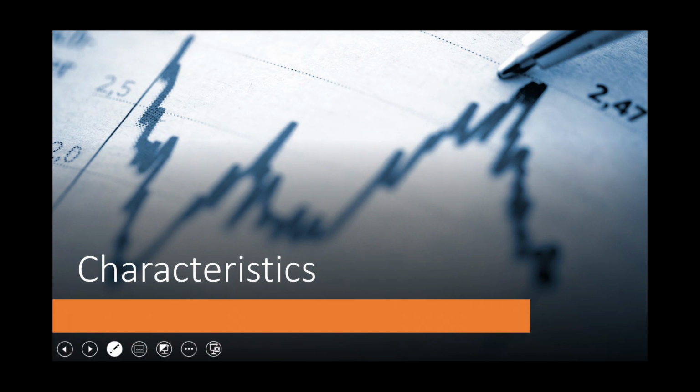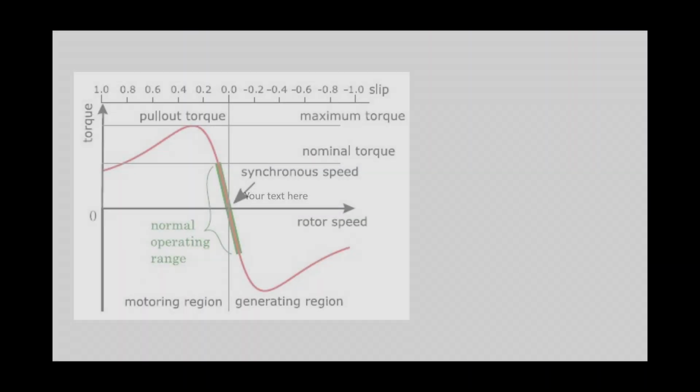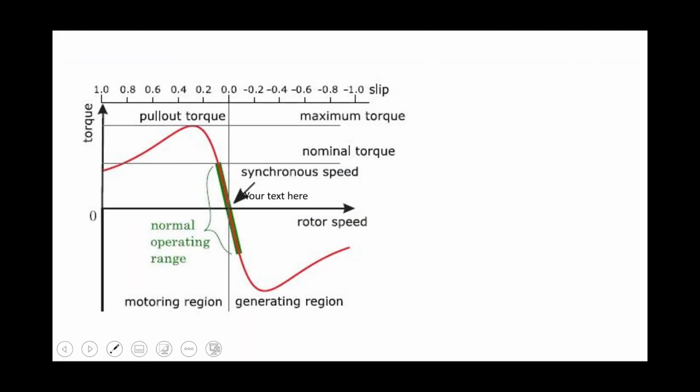So let's see some characteristics of the machine. The characteristic you see in the picture is called the slip to torque or speed to torque characteristic. Any induction machine which you connect to the network will have typically this kind of torque to speed characteristic. The synchronous speed corresponds to the rotating speed of the stator magnetic field. At synchronous speed, at this point, no torque is produced by the motor